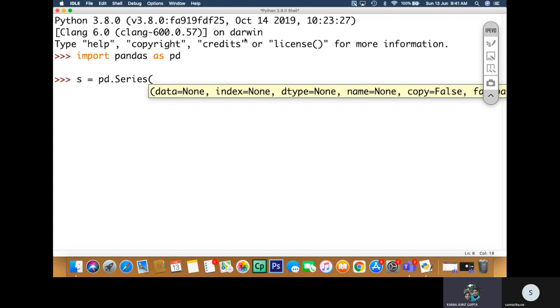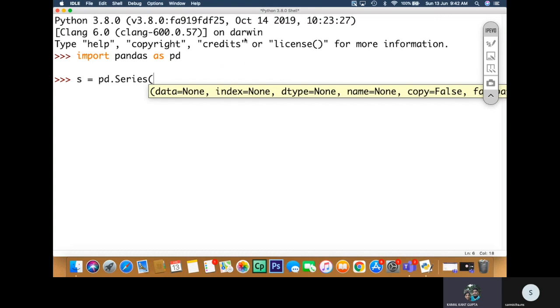The first parameter is data, the data which you want to keep in the series. The next parameter is index, that means the labels you want to attach with the data. And the next parameter is data type. By default it is none.